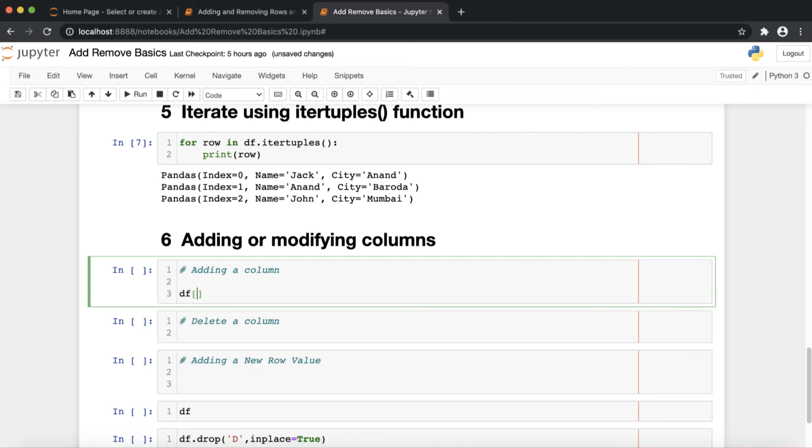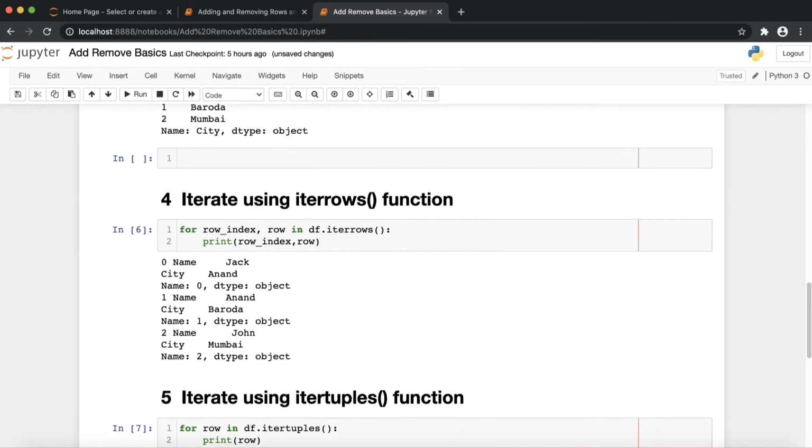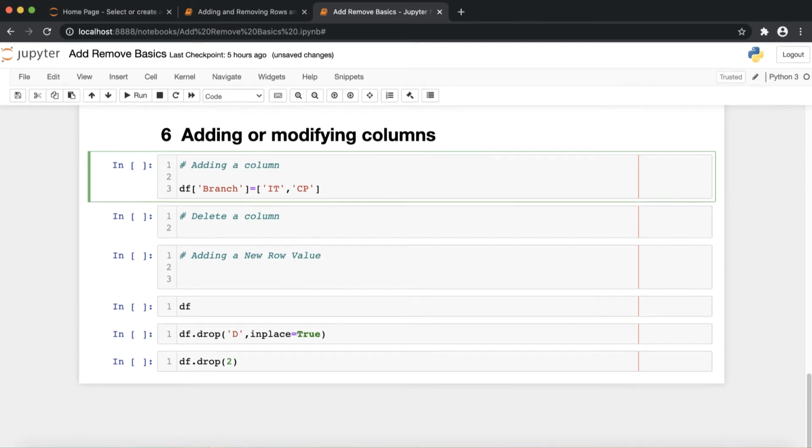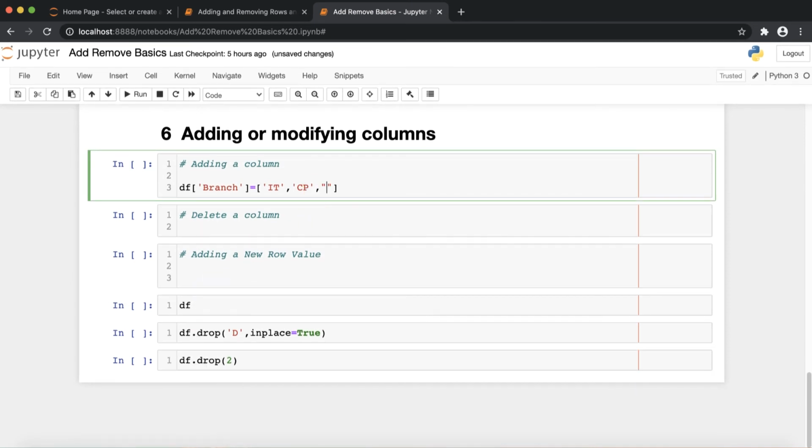So df, and I'm going to add the branch of the students. In that you can provide IT and CP. And here we have three students,